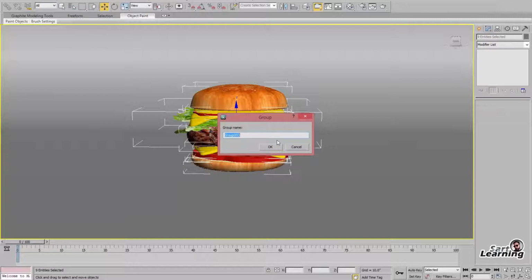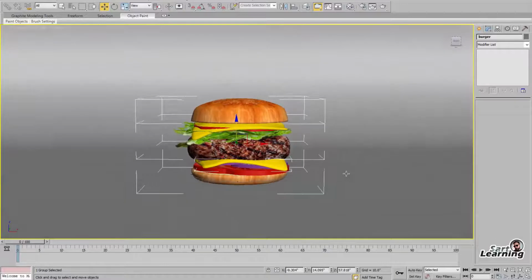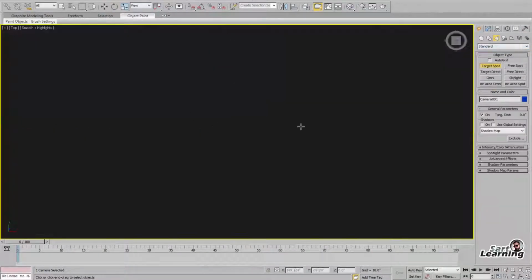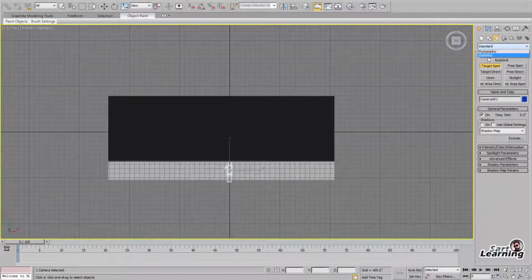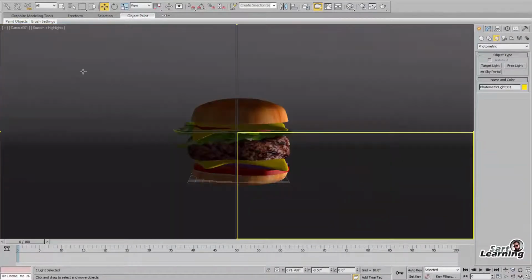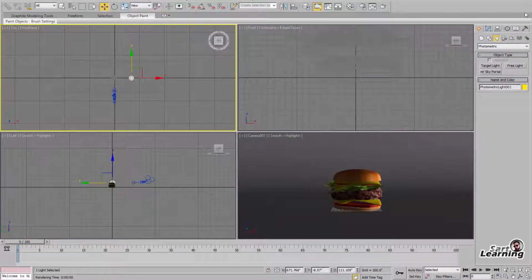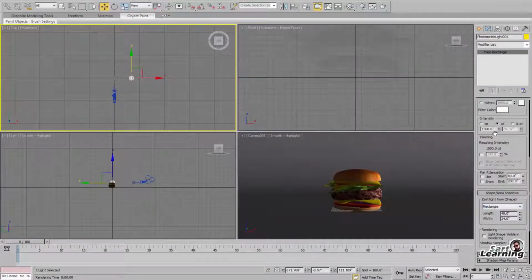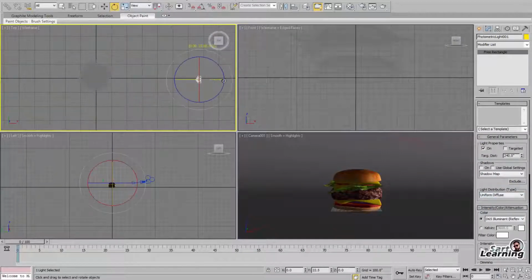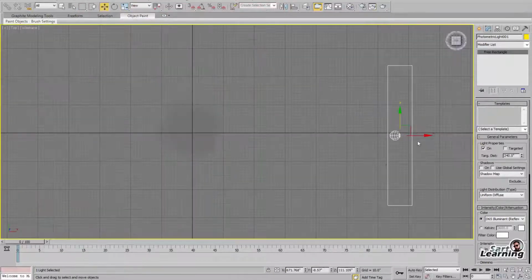Select this burger and group it because I am going to adjust the light first. So for light I am going to take photometric lights, or you can take standard lights also, but I am going to use these photometric lights. So I used a free light for this scene, but it is a radial distribution, so I change it into rectangle shape and diffuse, uniform diffuse distribution. Scale your light,